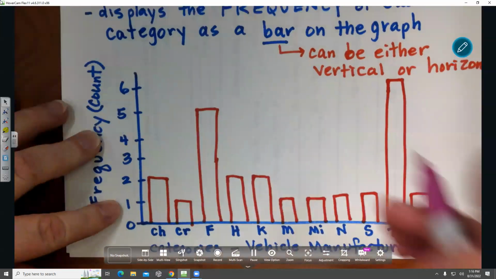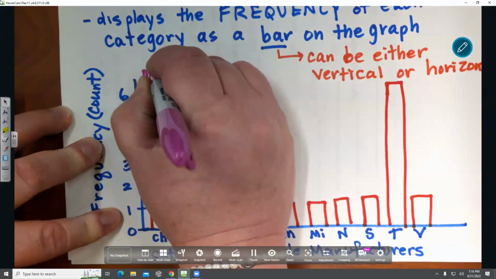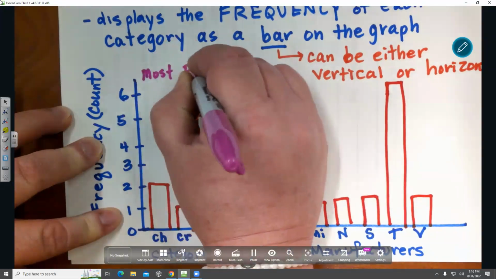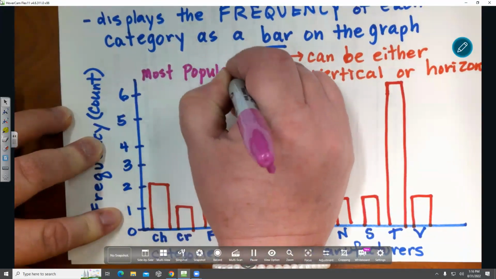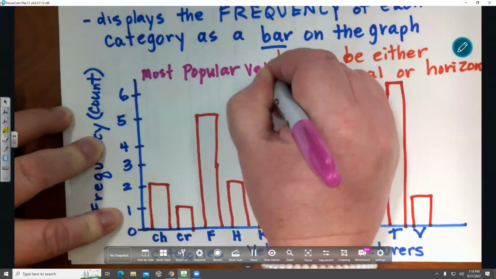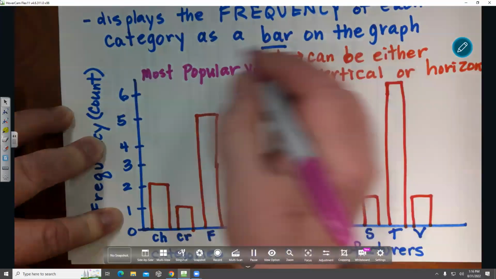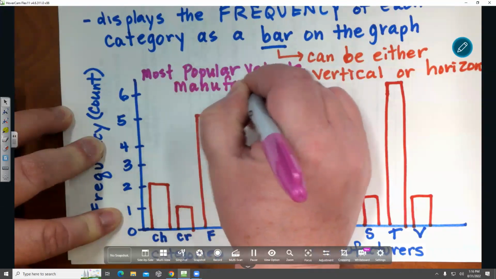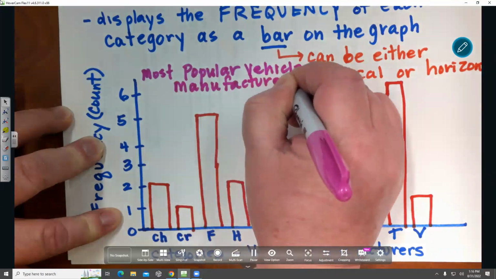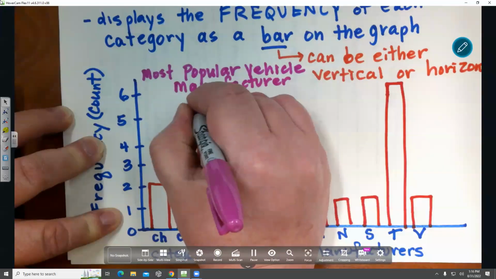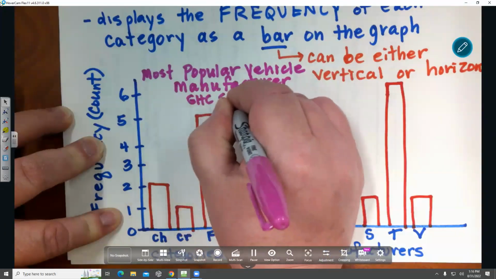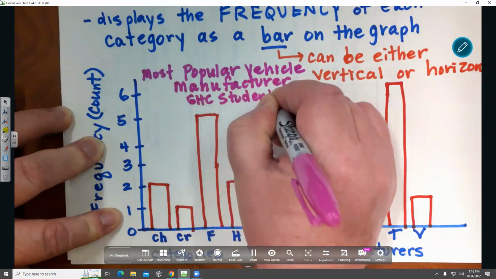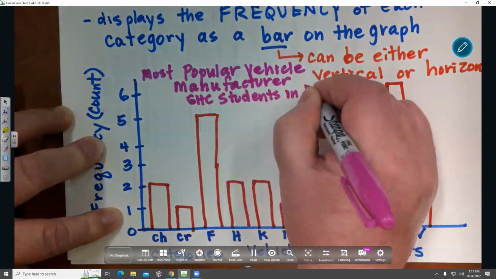So I might title this Most Popular Vehicle Manufacturer, and I may say GHC students in fall